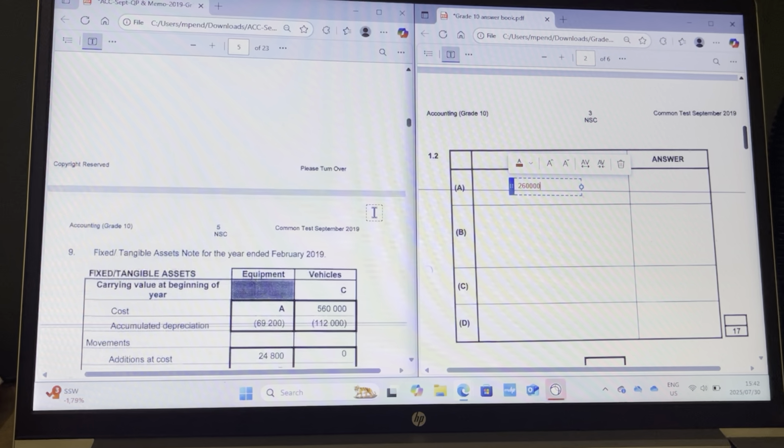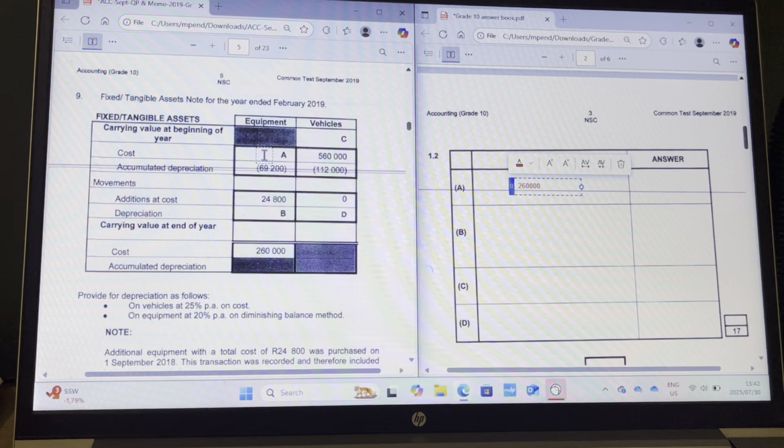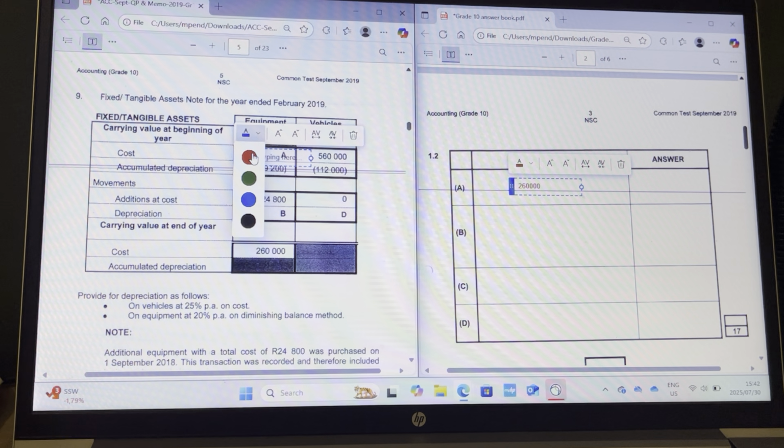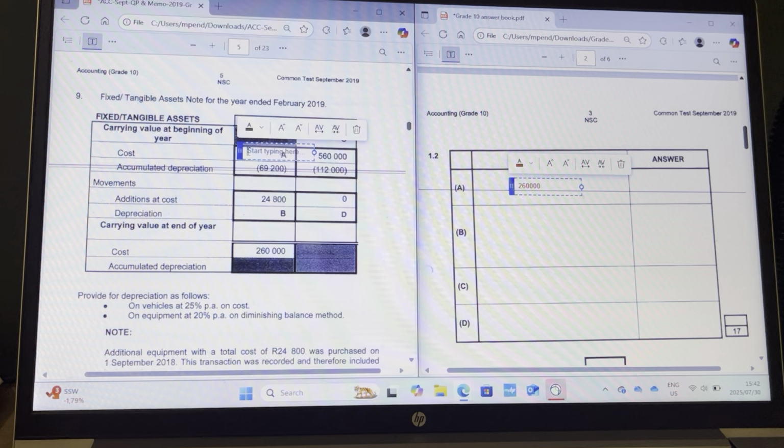And just for this purpose, we'll also put it here so that you can see the numbers and how they work out. $260,000. There we go. Therefore,